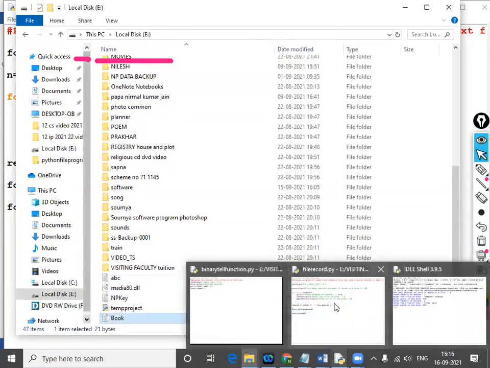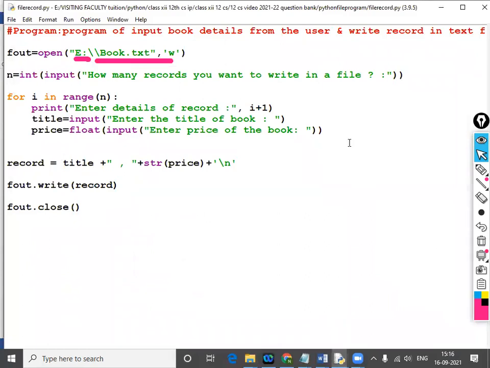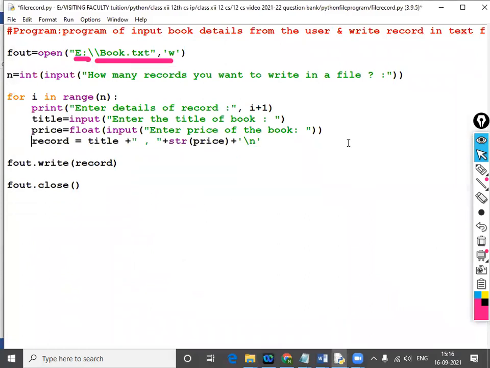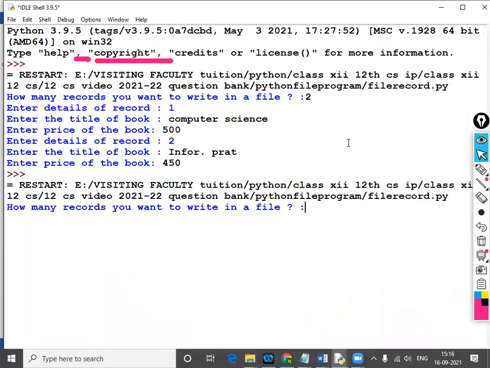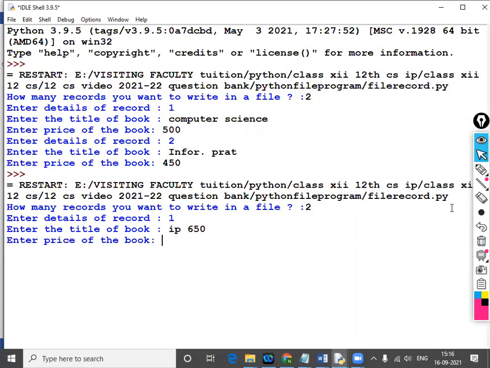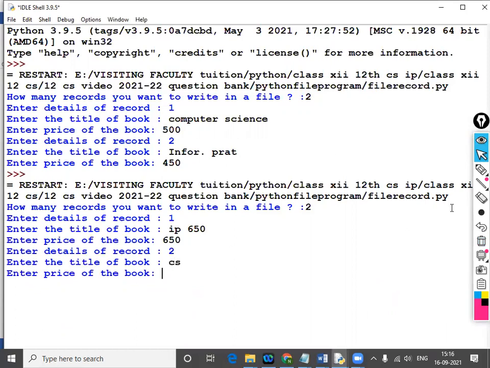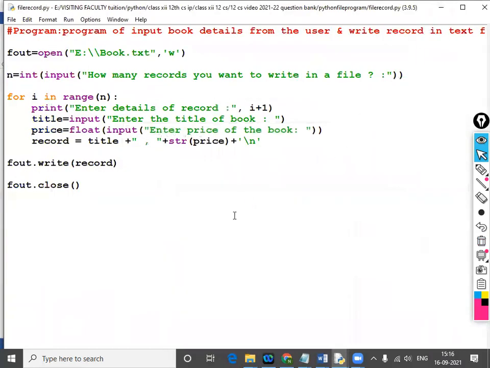Again, we will do this programming in a loop. Now, again I will compile it. Two records. IT first ले लेते हैं, 650, और CS सेकंड ले लेते हैं 750. तो देखते हैं.